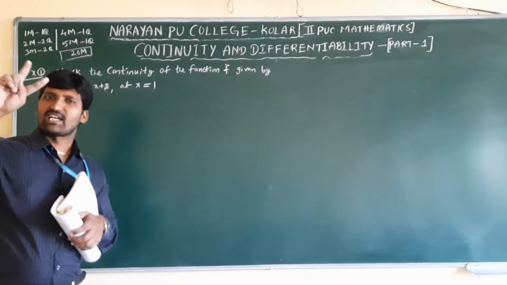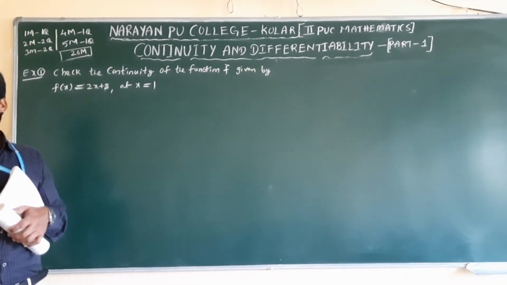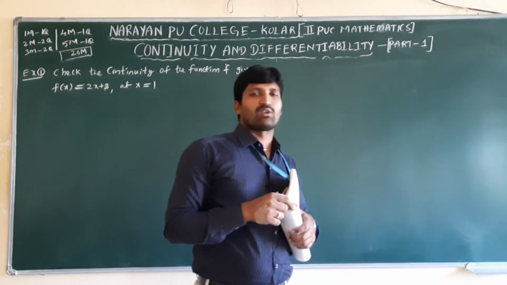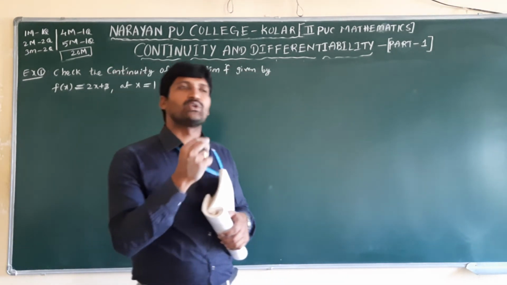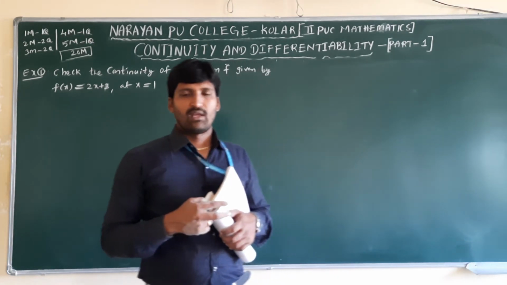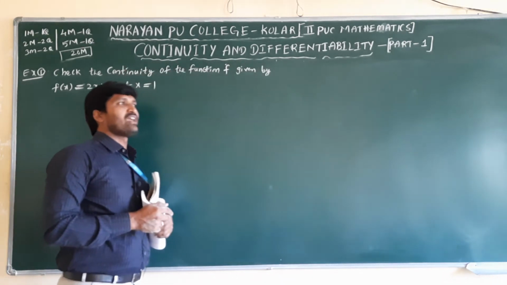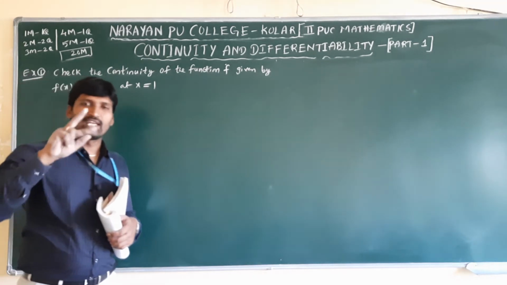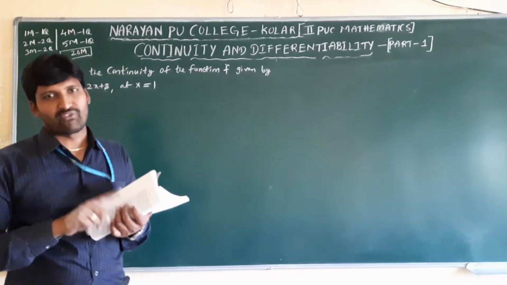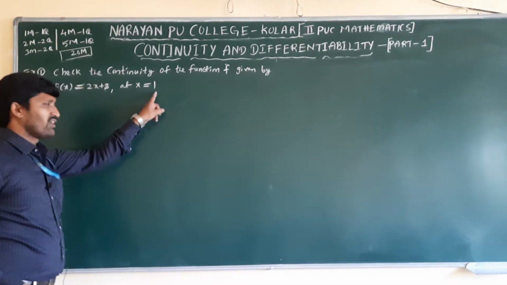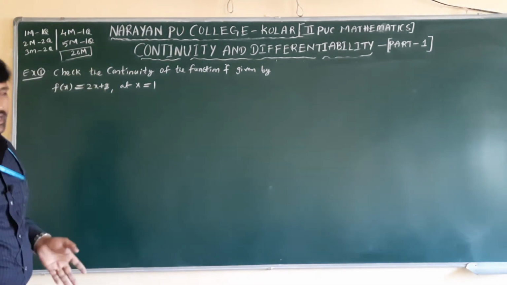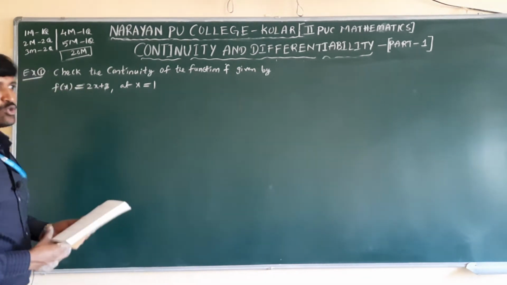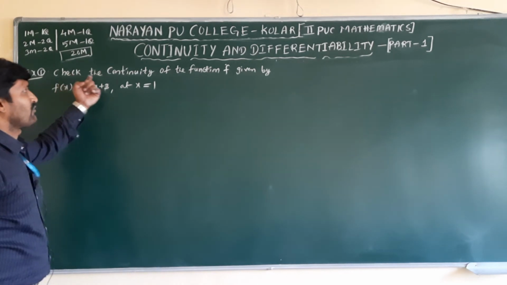Here are two definitions already given. Limit x tends to a, f of x equal to f of a. Another definition for continuity at a point means LHL equal to RHL equal to f of a. We should get clarity on when to use which. When the function is defined for less than a and greater than a at the point x equal to a, in that case we need to use the LHL, RHL and f of a formula. When no restriction is given, we can use the first formula directly: limit x tends to a, f of x equal to f of a. When those two values are equal, we can say that f is continuous.